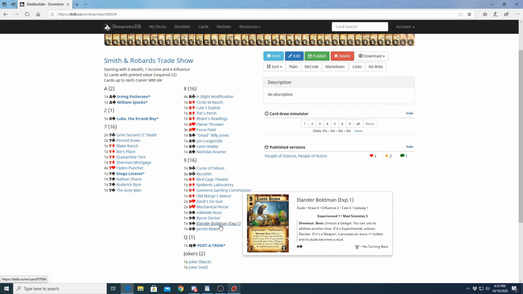So this is another one of those dudes that I said I wish was just a little bit better. He's significantly better than the unexperienced version. But he's expensive. He's a 6 cost, 1 upkeep. But for that, you get 0 draw bullets, Mad Scientist 3, which looks really good on paper, but